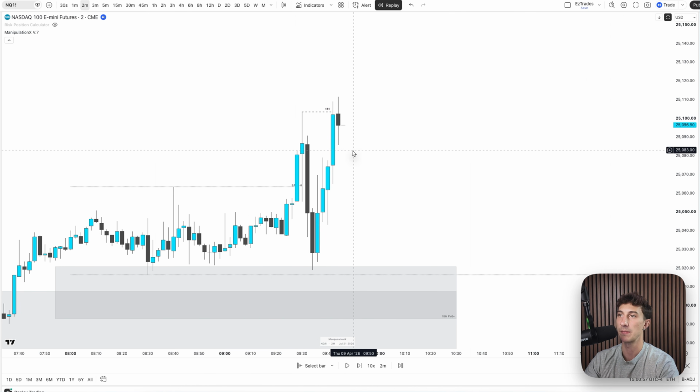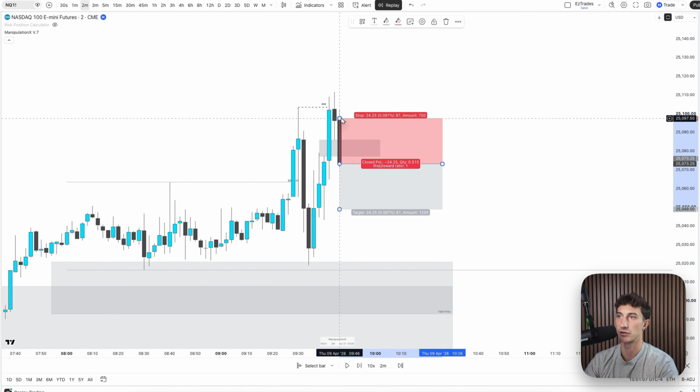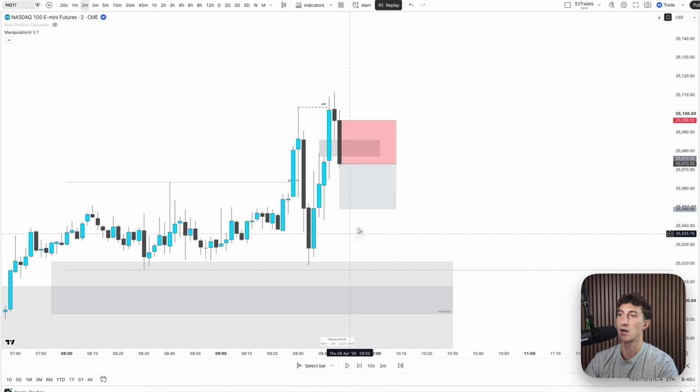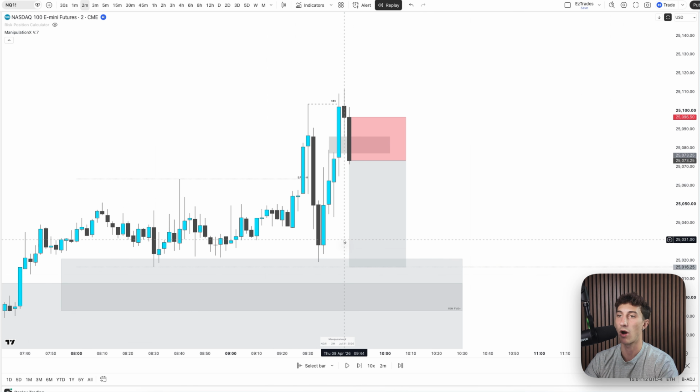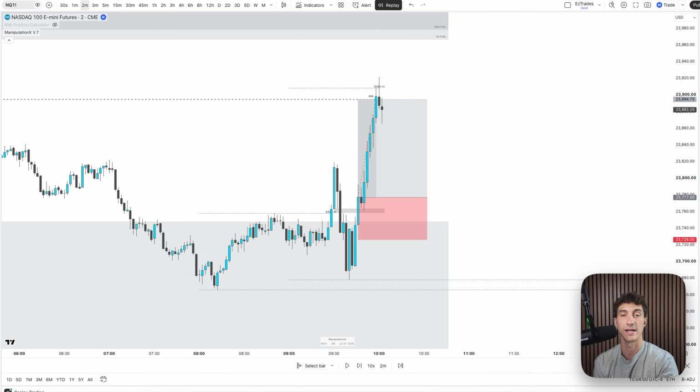So now we end up remanipulating this high. There is our V-shape inversion fair value gap, right? Within literally 2 candles, very strong displacement move down. So we would simply re-enter the short here, stop loss at this high, and we would target the 8 a.m. low, which now also has an equal low with this most internal low. And we let the price play out, and price goes straight to take profit at that 8 a.m. low. Well, guys, that's going to do it for this video, going over a time-based Po3 plus a V-shape IFVG